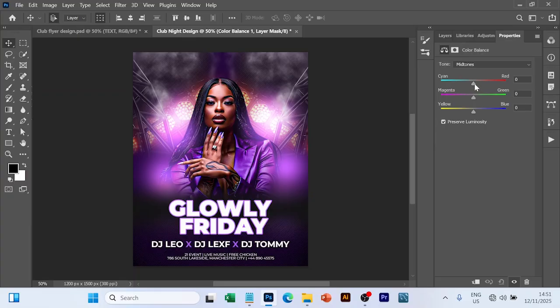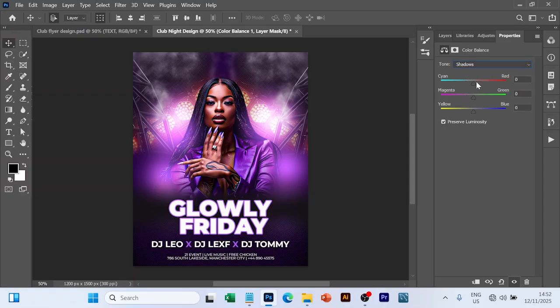For this, I will tune to this side. I will tune to this side too, magenta, and give it more of yellow too. Not too much. I think this one is cool. And go to